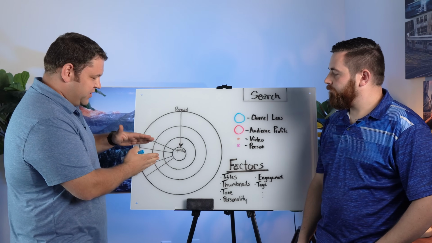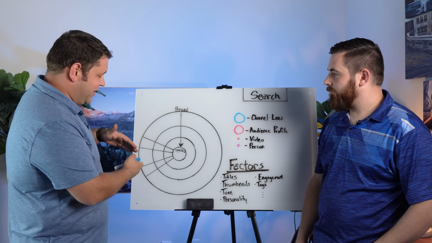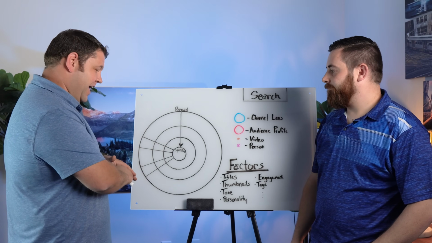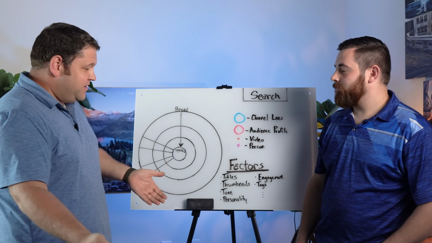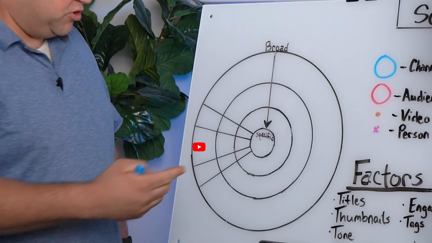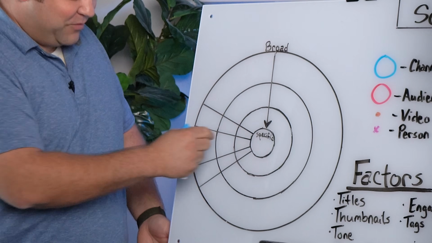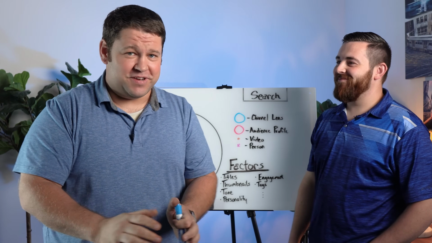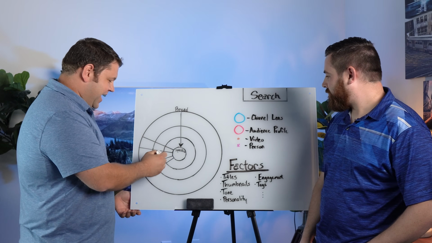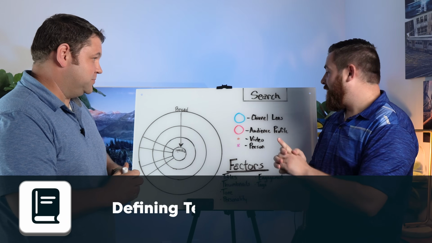We can be pretty specific. Let me give you an example. If I say the topic of our channel is off-roading, and say that's a wedge, realistically I have content about ATVs, content about dirt bikes, and content about e-bikes. Within my ATV content, I have more entertaining videos, but I also have videos about how to do modifications and videos about financing an ATV. We could make mini wedges out of each of those. Don't overthink it, it's not that big of a deal. Just look at the topic of your channel as a wedge and think about how tight you're going to stay.